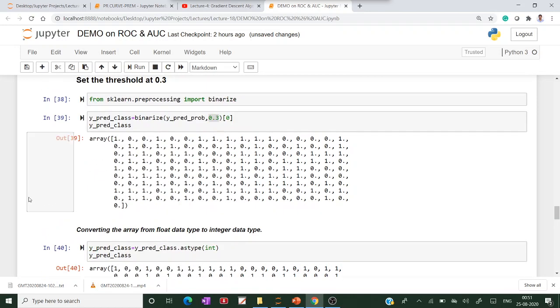So if it is medical kind of problems like heart disease prediction or liver disease prediction, at that moment we are supposed to concentrate on the false negative. If it is an email spam classification problem, we have to consider the false positive, which means the type 1 error. So depending upon the problem statement, we have to choose the threshold values. The threshold is decided by trial and error. We have to change the threshold values and compare the accuracies, precision and recall.